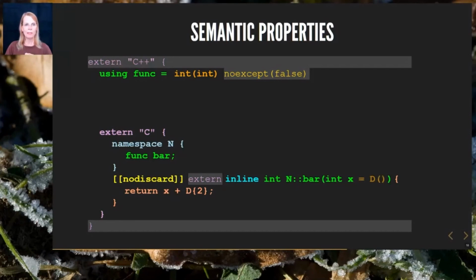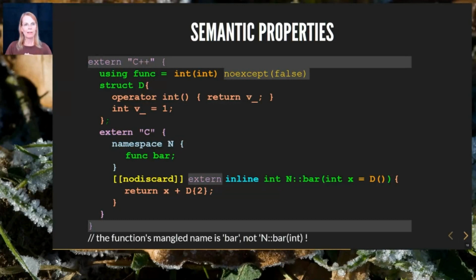The function parameter might have a default argument, and this default argument must be of a complete type, so the class type must even have a fully defined class body with additional declarations, properties, and names in them. Everything shown here must be necessarily available and reachable to make use of this function bar.